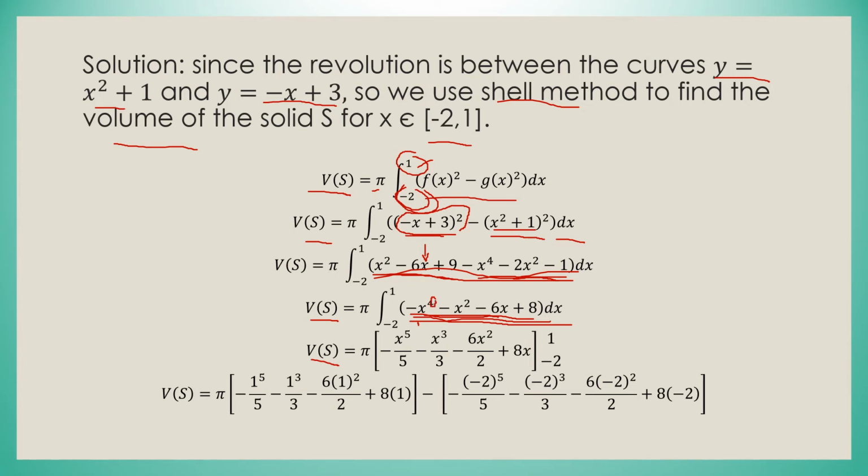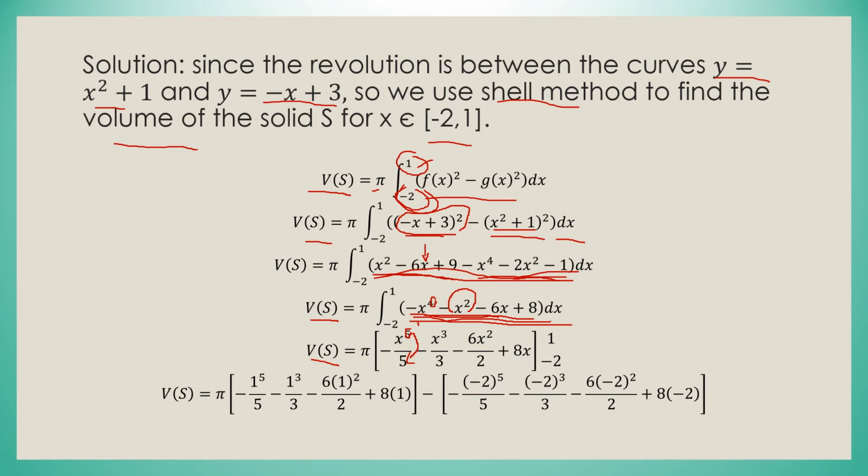After adding 1 to this 4, we copy the exponent to become the denominator, and also for this x raised to 2, we just add positive 1